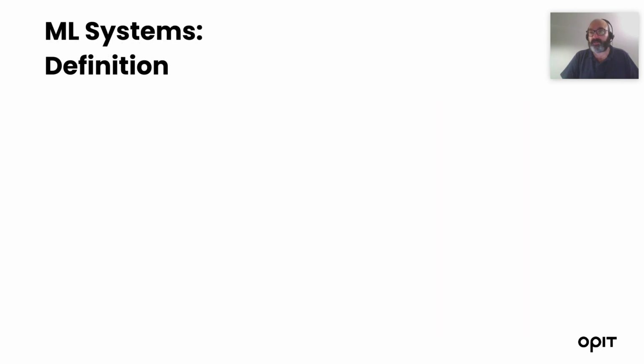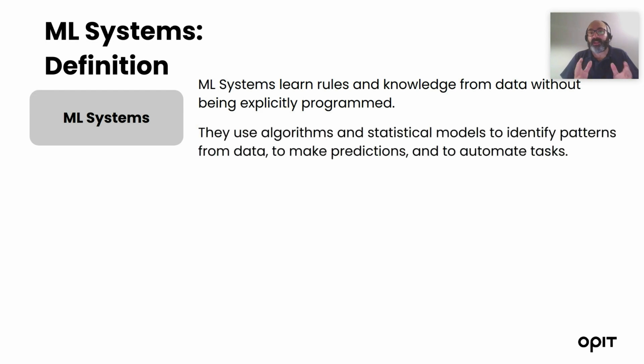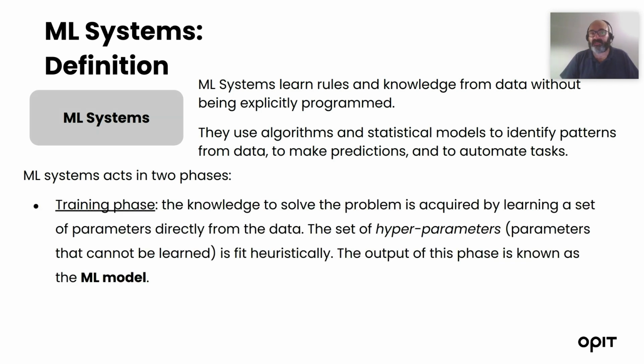What's the definition of machine learning? Machine learning systems are systems that learn rules and knowledge directly from the data without being explicitly programmed. They use algorithms, a statistical model, to identify patterns from data and to make predictions, and in particular, to automate tasks. So the machine learning systems act in two phases. They have a training phase. This is the phase where the knowledge to solve the problem is acquired by learning a set of parameters directly